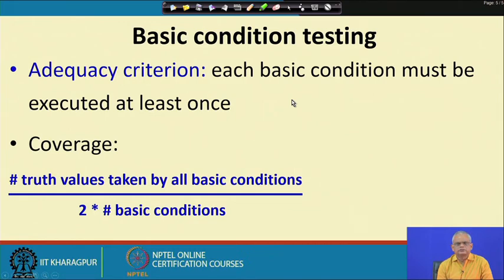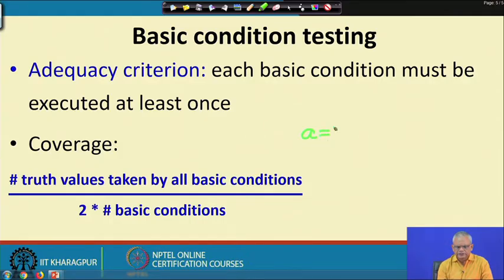Now, if we use some test cases to test a branch condition, what is the percentage of coverage achieved? Let us define a metric which we call the BCC metric, basic condition coverage metric, and here we have this simple expression: the number of truth values, that is true and false, taken by all basic conditions, divided by 2 into the number of basic conditions. So, if we have an expression like